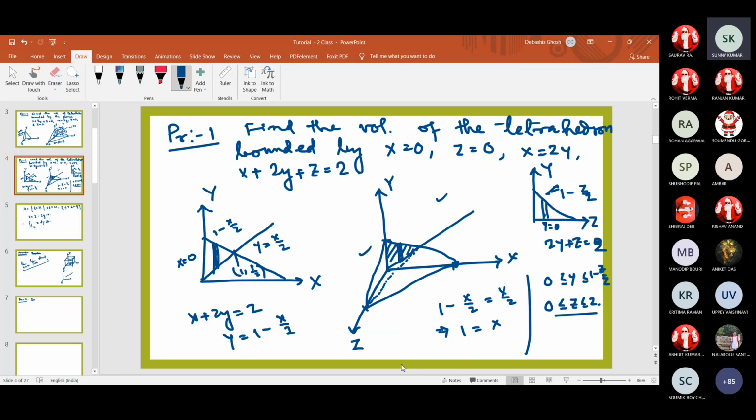Sir, in the left graph, there are two triangles. We have calculated through the upper triangle by considering the strip. Why not go for the other triangle, the one attached with the x-axis? Why should we consider this one? This is bounded by x equals to 2y. The base we are considering here is bounded by these two lines. So we should consider this portion.